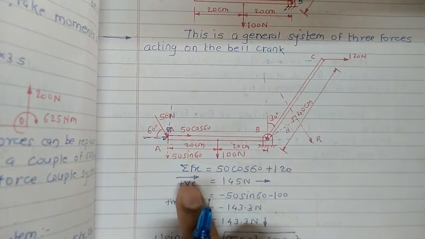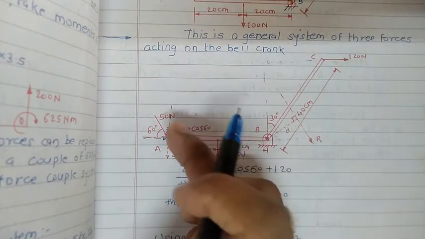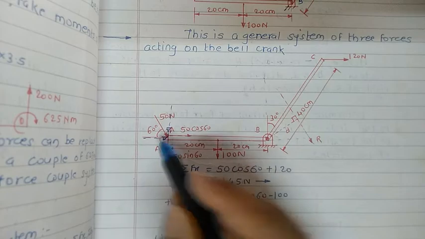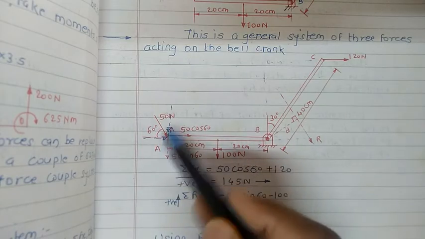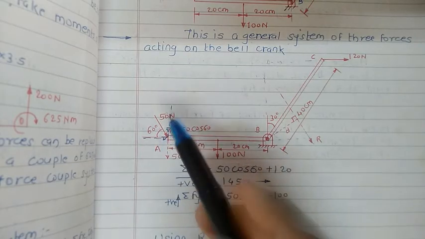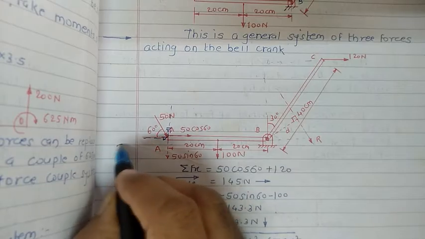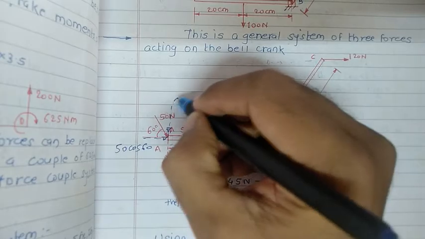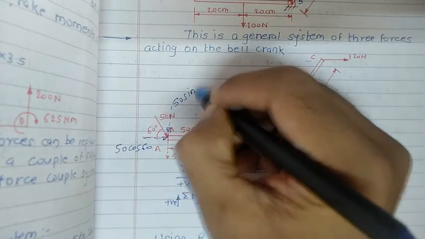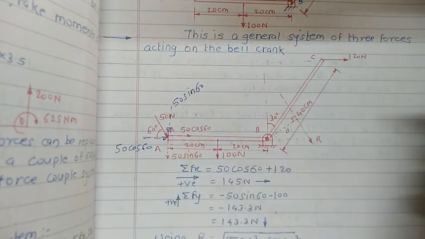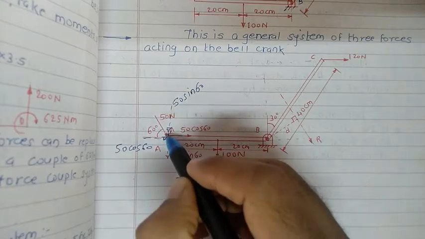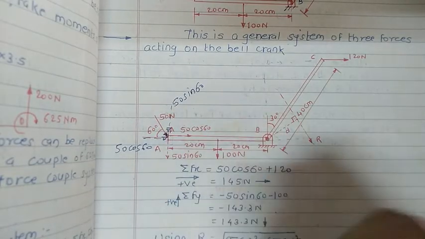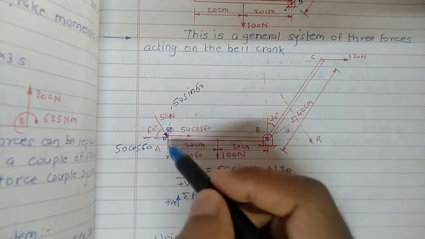In the first step, it is very important to resolve all the inclined forces. What about this angle? This angle is 60 degrees, and this force is 50 Newton. So the horizontal component of the same is 50 cos 60. At the same time you can get the vertical component of the same, 50 sin 60, in the downward direction, because the arrow of this force shows an inclined direction running downward. So the components will come like this.